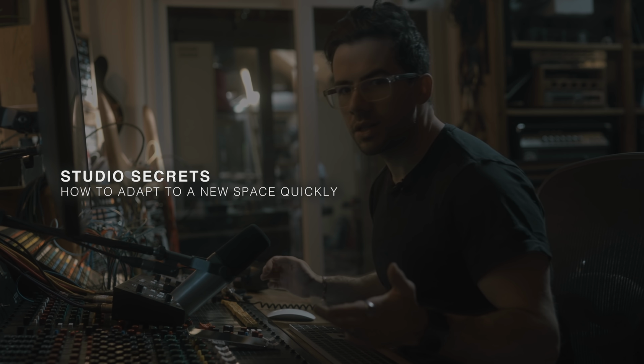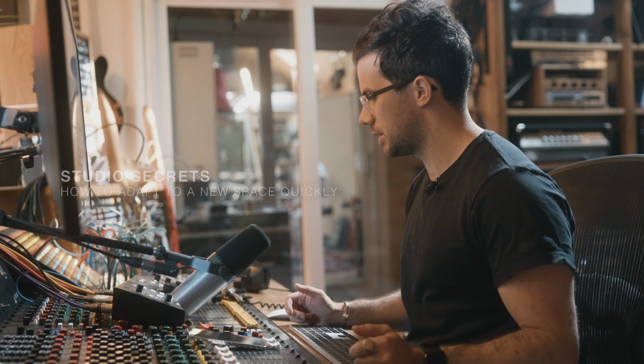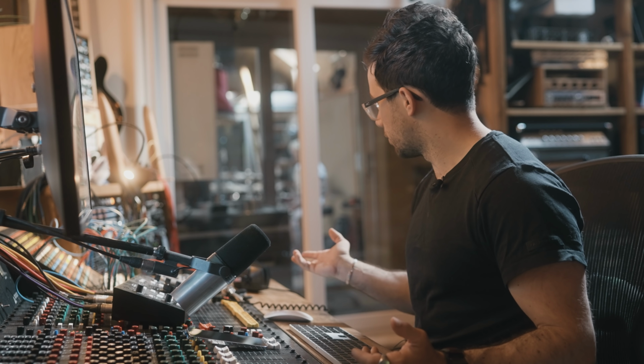So one of the hardest things to manage when you're in a studio environment like this is getting used to a new set of speakers really quickly. Especially when you're coming to a space that you've not been to before. Finding your home as fast as possible so that you know what you're doing is important. So for the first few times when I was coming to Middle Farm and I wasn't used to the space here,